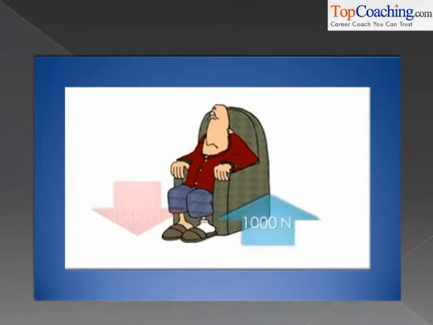Understood? In fact, if you are sitting in a chair right now, can you feel the force of the chair on your body? Can you feel the chair pressing you upwards? The chair is applying a force on your body because you are applying a force on the chair. Understood? So basically, if you take any two bodies and if one body applies a force on the other one, it will also apply an equal and opposite force on the first body. This is Newton's third law. So there you go.